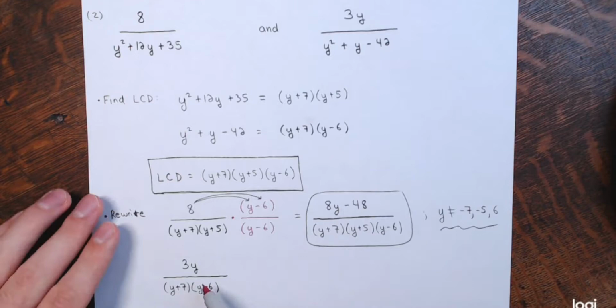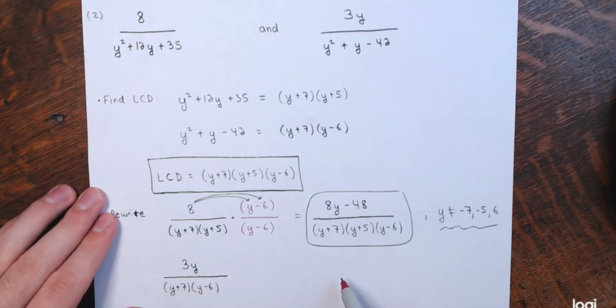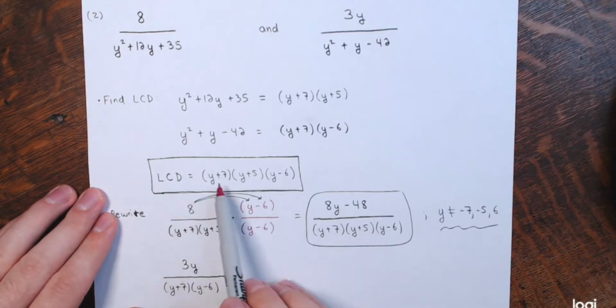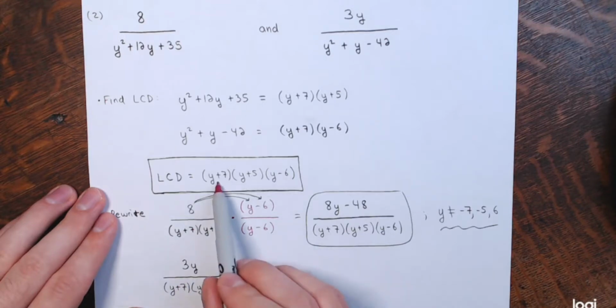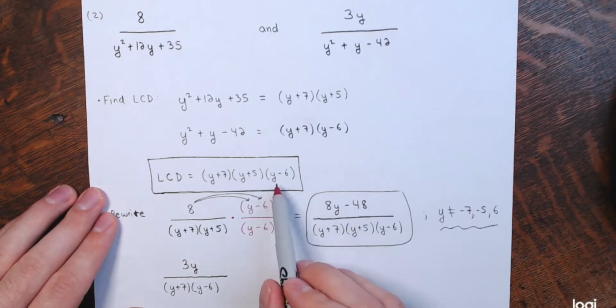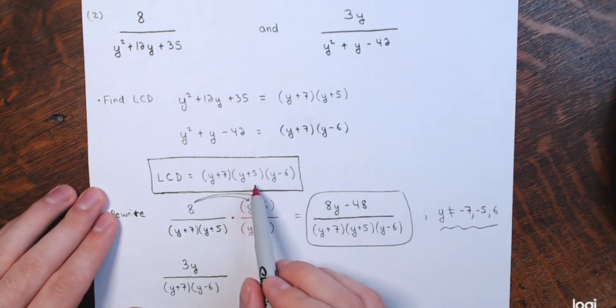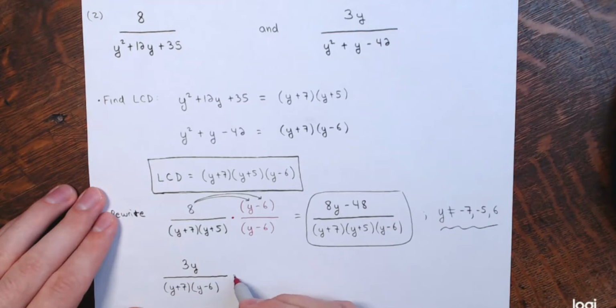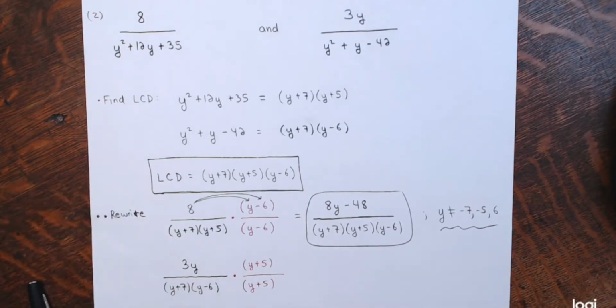And I would like to change this to an equivalent fraction that has the same denominator as this first one here, right? The LCD as a denominator. Well, the denominator has a factor of y plus 7, like the LCD. Y minus 6, great. The only factor that's missing is y plus 5. So I'm going to multiply the denominator by the factor y plus 5 and also the numerator, right? You must do both. Right, so I multiply the numerator and denominator by y plus 5,